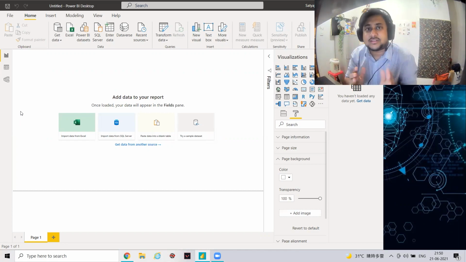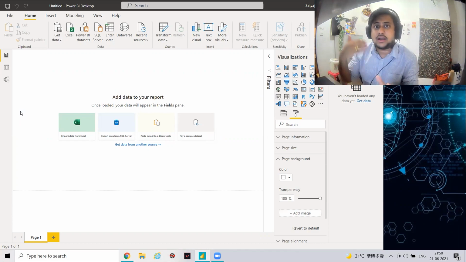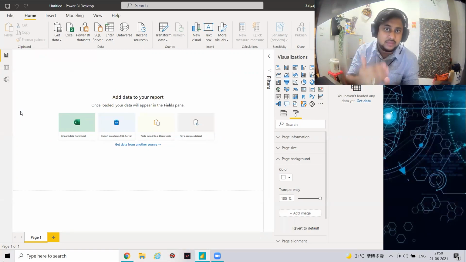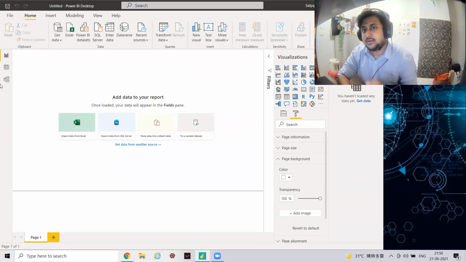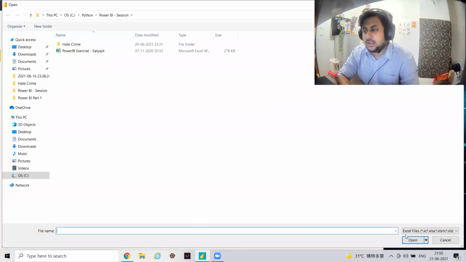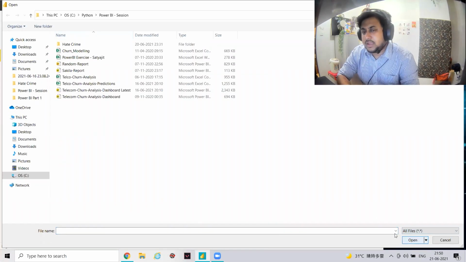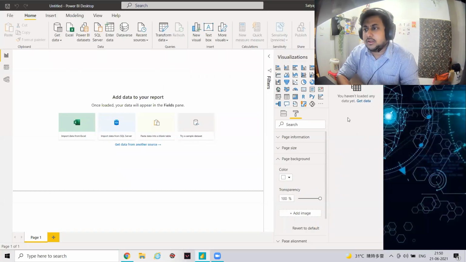So our main task is to analyze the churners, people who have churned. We need to analyze what their characteristics are. Are they more males? Are they more females? Do they more often have a monthly contract? Are they more often on a yearly contract, and all these things, right? So the basic thing is going to be getting the data, of course. I will just choose the data. I'll give you all these things as deliverables, don't worry.